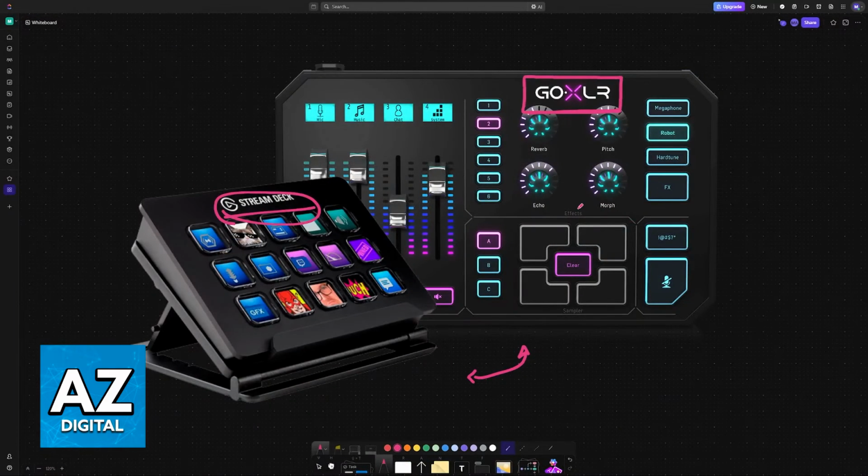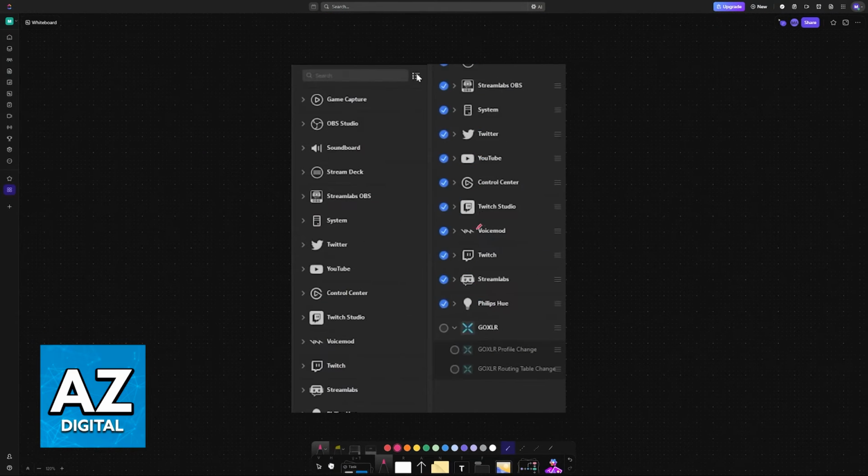Once you have the software good to go, if you look at the right side of the Stream Deck software, you will find the option to add new items, and one of the items is going to be GoXLR. So all that you have to do is expand the view by tapping on this icon here, and you will see plenty of options to add to your Stream Deck, and one of them should be the GoXLR. If it doesn't appear here, then make sure that you installed it properly and check the folder for the GoXLR. There should be an executable that you can use to make it detectable within the Stream Deck software.